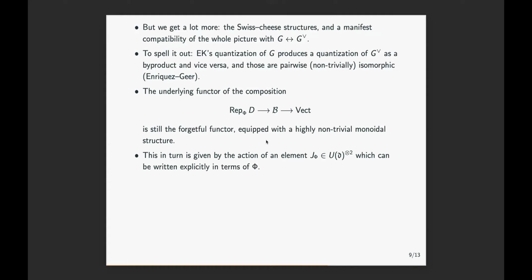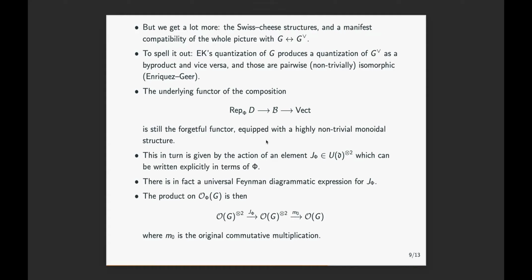And I claim that even if all of this is abstract nonsense, at the end of the day, you can write an explicit formula for J, by which I mean an explicit integral involving phi, which is not very explicit. In fact, not only can you write a formula, there is actually a universal formula, which is given by some kind of linear formal combination of acyclic Feynman diagrams. And this is where the fact that this quantization is functorial comes from. You can do this at the universal level.